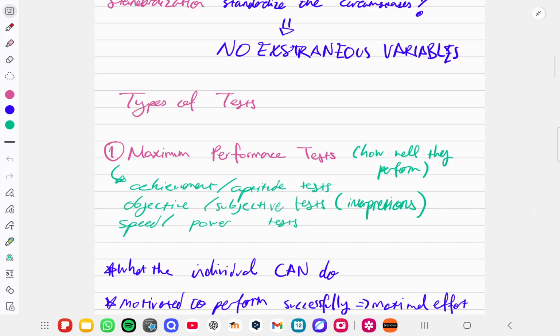So we have different kinds of tests. Firstly, we have maximum performance tests, and maximum performance tests are based on how well the person performs. They can be based on achievement, or they can be based on aptitudes. They can be objective or subjective. What objective or subjective means is, this could be an IQ test where there are objective answers to the questions, or it could be a subjective test, meaning that it could be like asking a participant